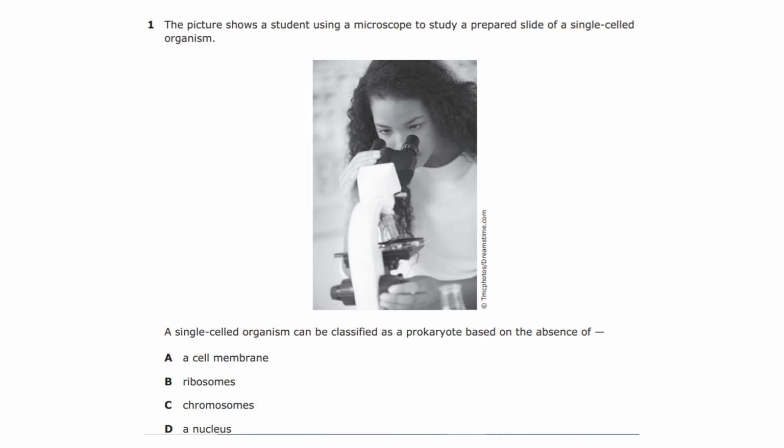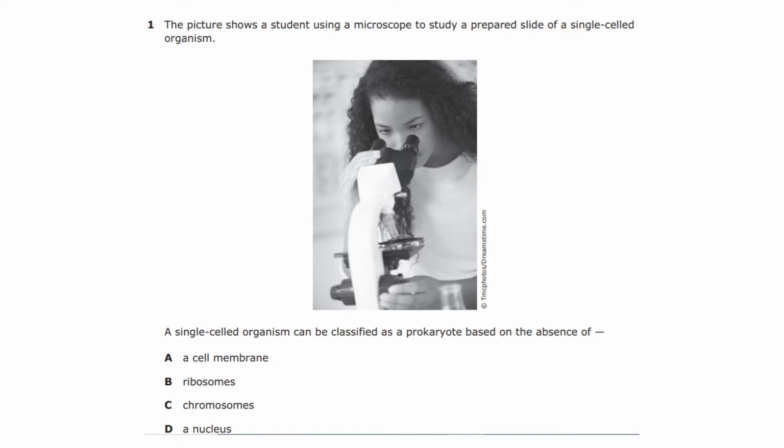This first question says, the picture shows a student using a microscope to study a prepared slide of a single-celled organism. A single-celled organism can be classified as a prokaryote based on the absence of. So this question is asking if you can tell the basic difference between a prokaryote